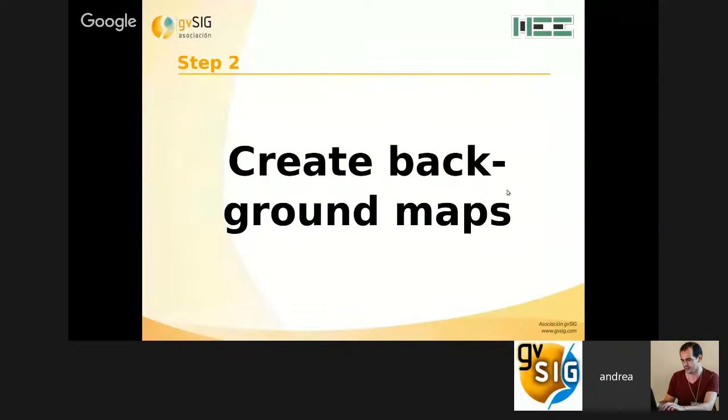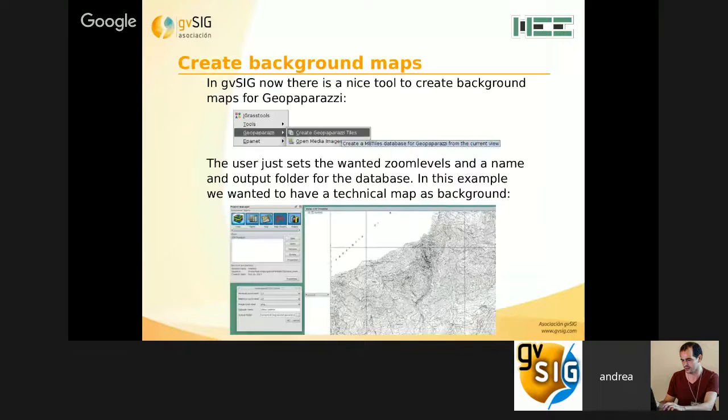The second thing you will do is create your background maps. And to create your background maps, very nicely now, gvSIG will be able to help you. And there is, in the menu of Geopaparazzi, an entry called Create Geopaparazzi Tiles. This will create an MB Tiles database from the current view of gvSIG. So you just open up, it's a bit small, but you might understand, this gvSIG view with a technical map,